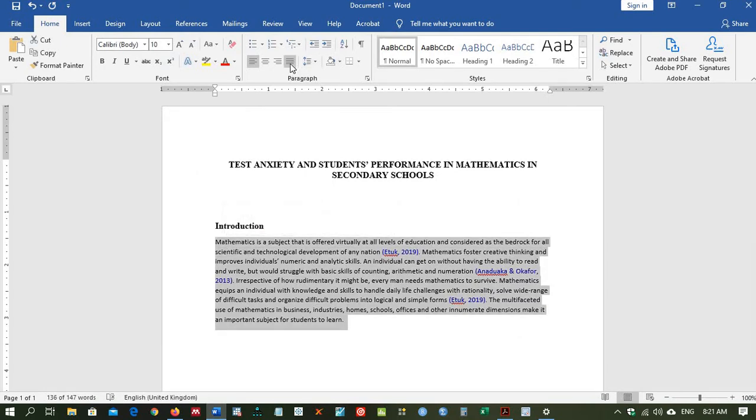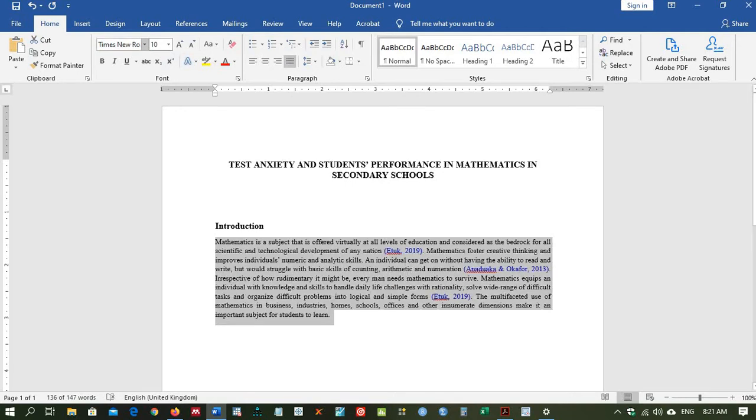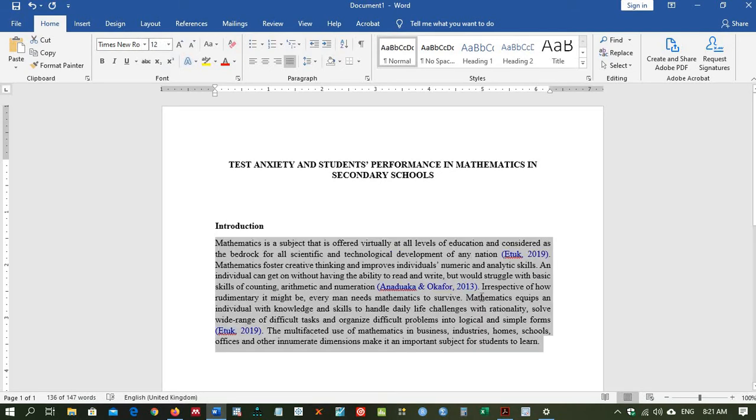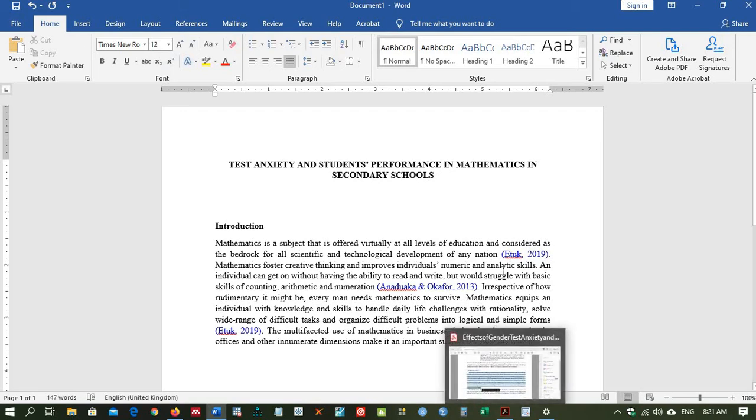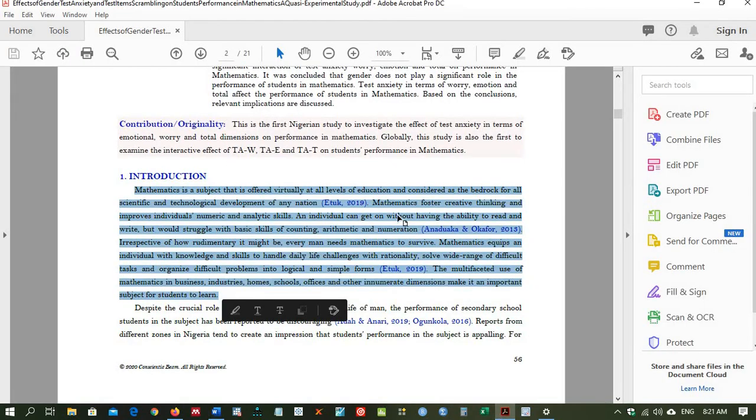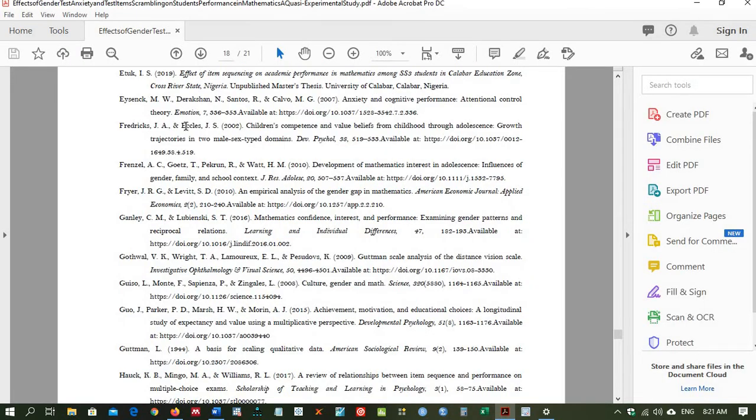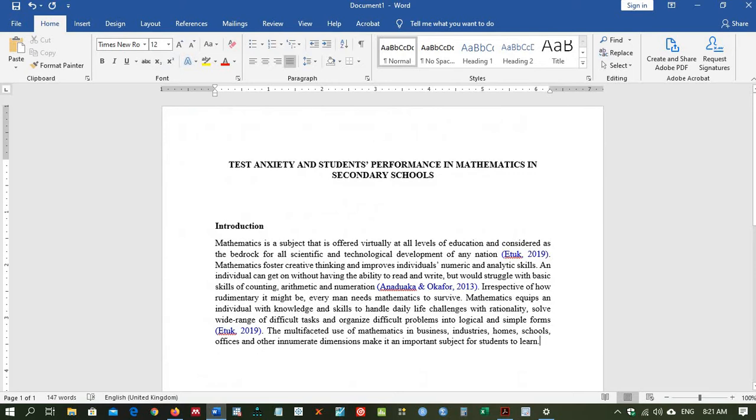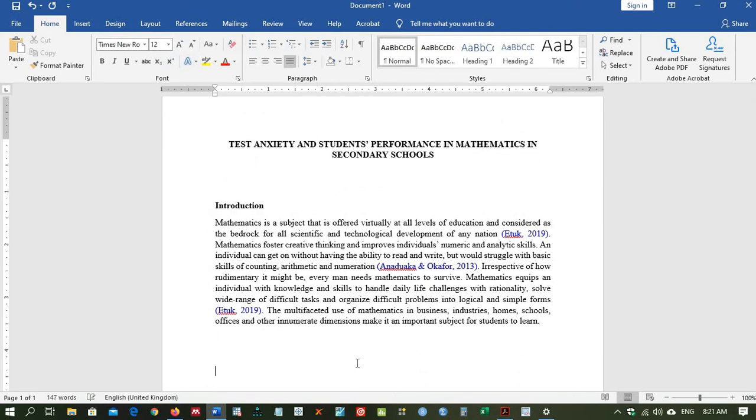All you can do is to justify it, then probably change it to 12 font size, and that's it. Now this is a wrong practice. You may do this, and let's assume you follow this approach till you organize your work. Maybe it's an assignment, and then at the end of the day you go to the references, then you say okay, you copy it to your work, you say references,